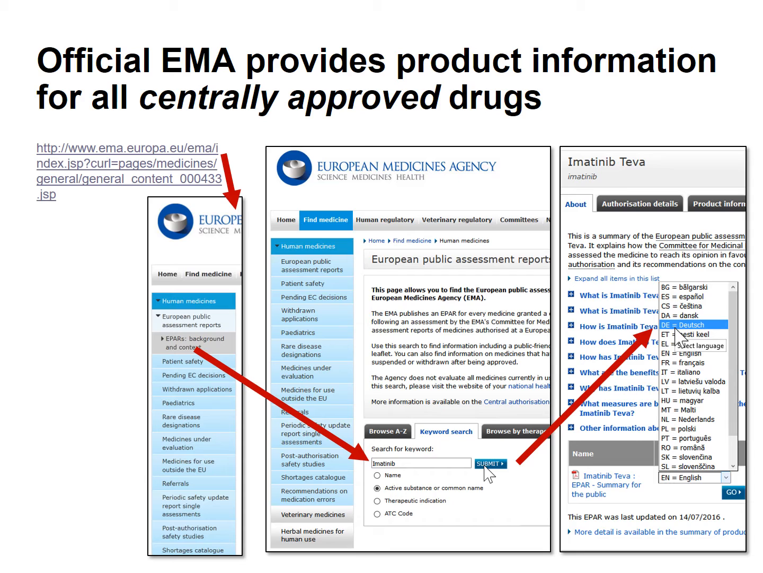And there is a keyword search where, for example, you can enter the name of an active substance like imatinib, and if you click on submit, then you basically see, for example, what is imatinib Teva or what is imatinib Actavis, and you can see all the details that the European Medicines Agency has produced and provided about any approved drug by the EMA. All of the information is available in English, but some of that is also available in all the European languages, and that's quite helpful. It's a bit difficult to find, but it's quite helpful